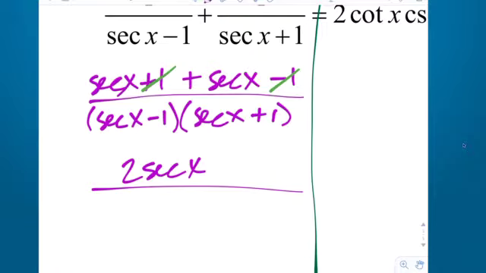Well, if I leave them factored, it's so that I can divide out a common factor. Do I have a factor of secant minus 1 or secant plus 1 in the top? No, I only have 2 times secant, so nothing divides out. So if I leave it factored, I'm kind of stuck. So let's expand it out. Plus, you might want to do that because those are very special factors when you relate them to each other because